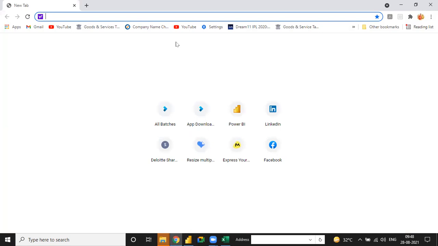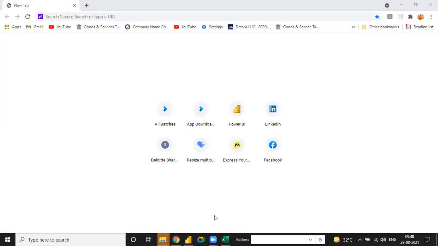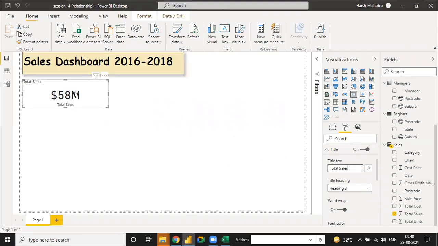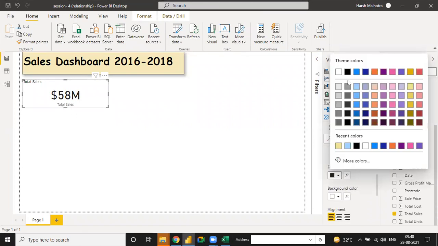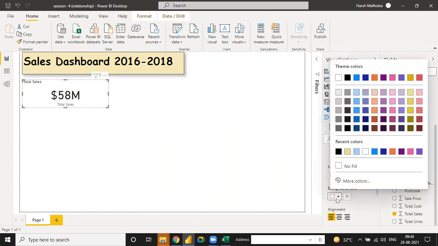Let me do it here. Okay. So now in Power BI, total sales is written, and now you can use the font color as black and the background color as yellow, whatever you choose.